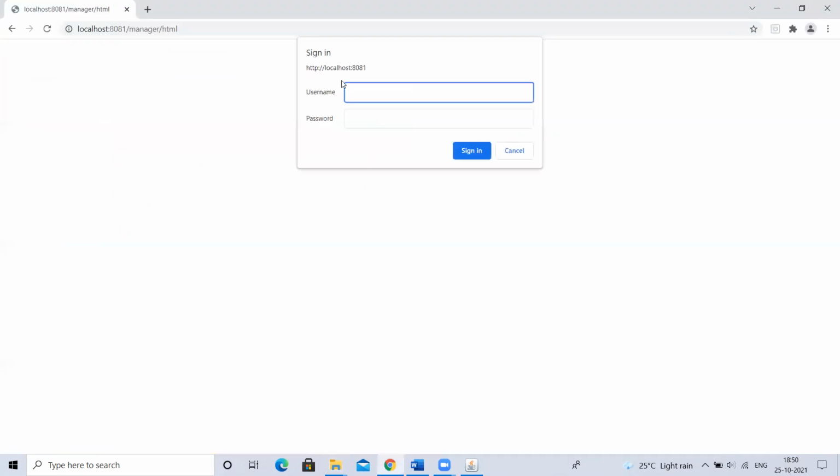But okay, now I'll try to log into this. If I click on this, I don't know the username and password. Remember this, Tomcat doesn't have a default username and password. Then how should I log in? It is not giving a default username and password, and it is asking me to log in. How can I log in? Right? So in that case, what you can do is here